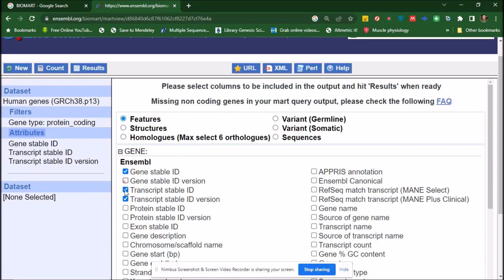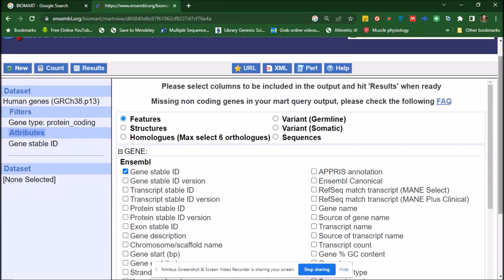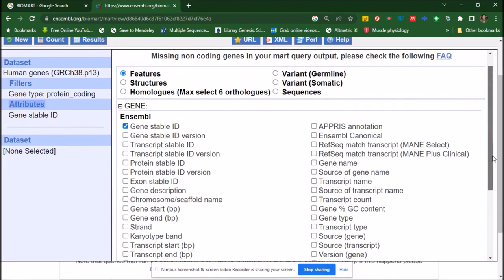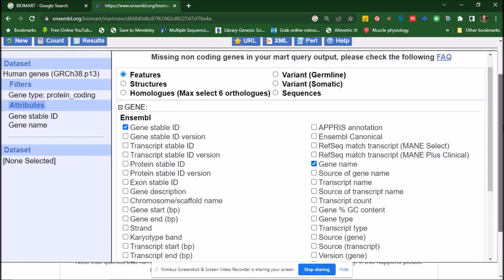And the second thing, you also want to know the gene name. So gene IDs and gene names of the coding genes of mouse you want to get. So in the attributes we have gene stable IDs and gene names, while in the filters you have gene type protein coding. Now go to the results,